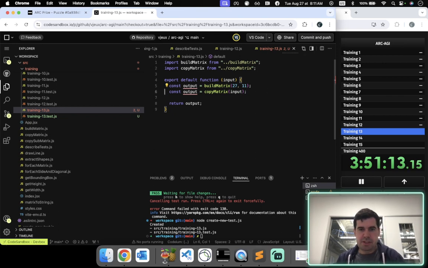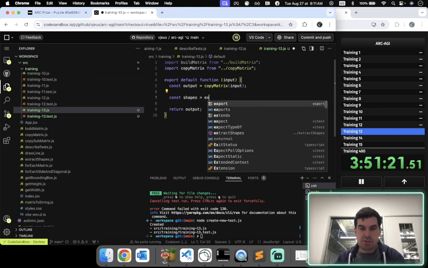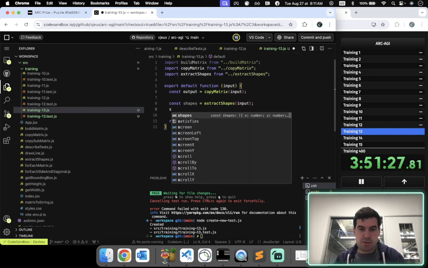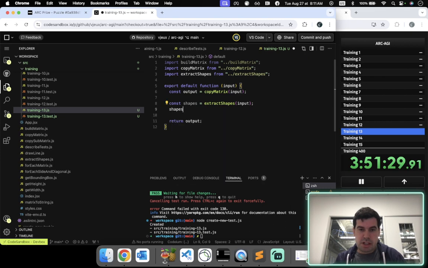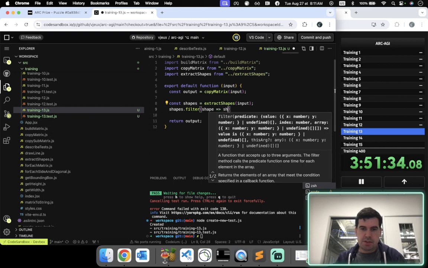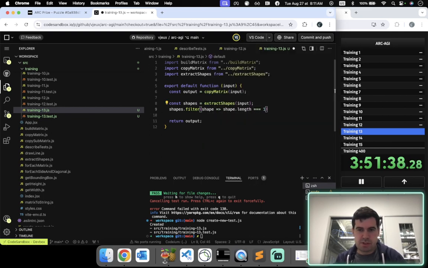And perfect. So in this case, we're going to copy the matrix. Oh yeah, I should probably get the extract shapes, but anyway. Const shapes equals extract shapes of the inputs. And so what I want to do is shapes.filter, so shape.length equals 1. So we want the one with the